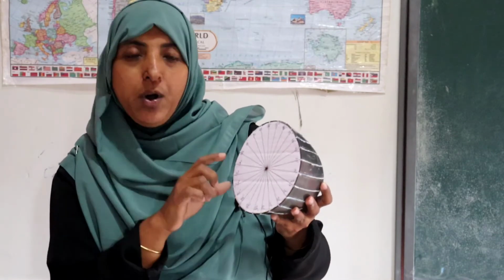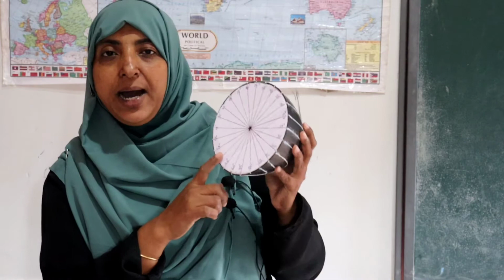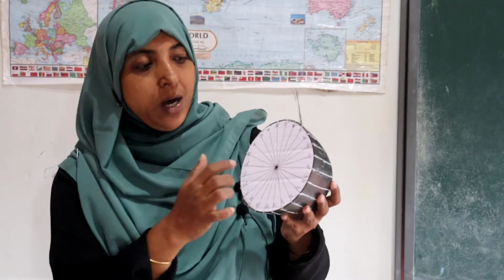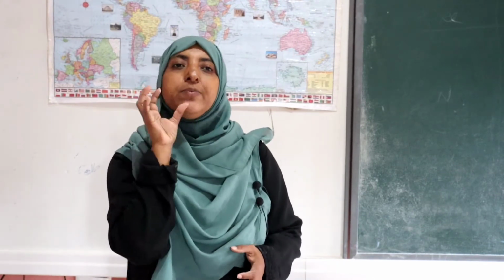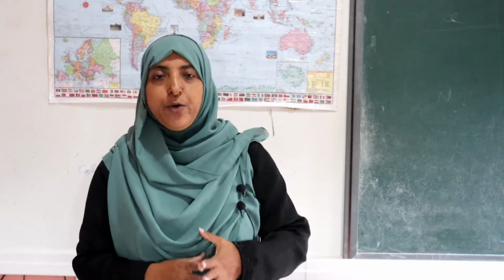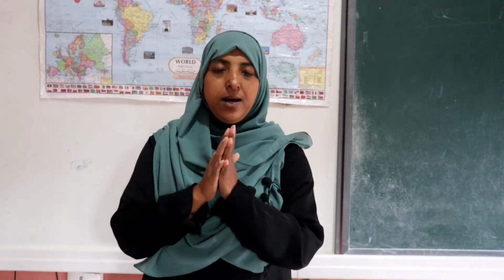Okay, so you also try to prepare this type of model, and you can easily mark the latitudes in the northern hemisphere and southern hemisphere. Okay, so that's a work for you. So all of you do that work with the help of a protractor and by using a coconut shell or a plastic ball. Okay, when you select a ball, the inner part must be hollow, it must be empty. Okay, don't forget that. Okay, so that's the end of latitudes.